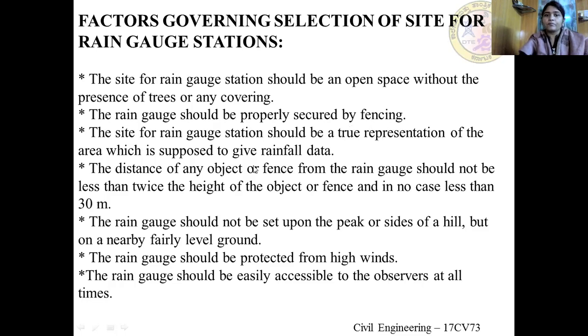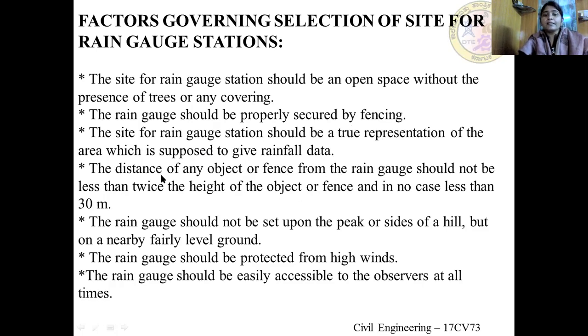Then the site should be a true representation of the area which is supposed to give rainfall data. So there should be no rainfall losses such as evaporation, transpiration, or infiltration,